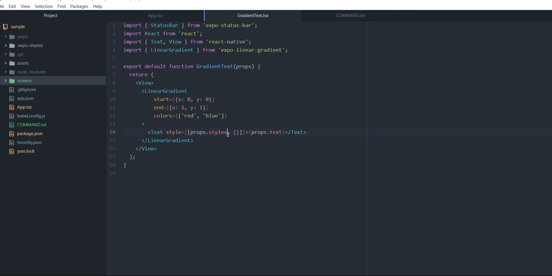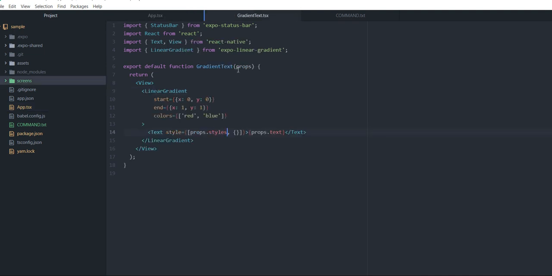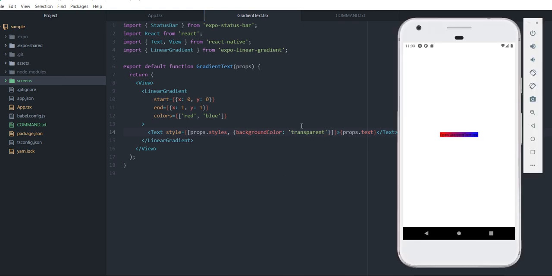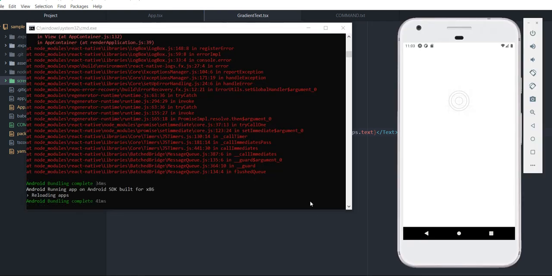So what this is essentially doing is that if you want to pass in some custom styles, like font size would be 10, it's going to integrate the styles from the props, but it's also going to have some additional ones that we're going to set here. And it's just going to be background color is transparent. So what this will allow us to do is make the background color transparent. That's basically pretty straightforward from what it says. And now if we reload our app,